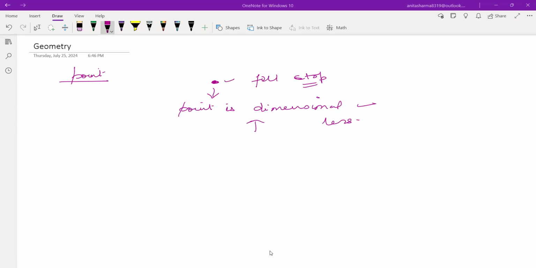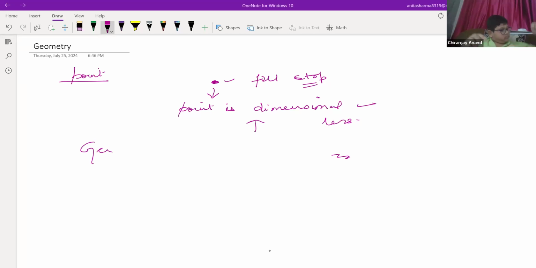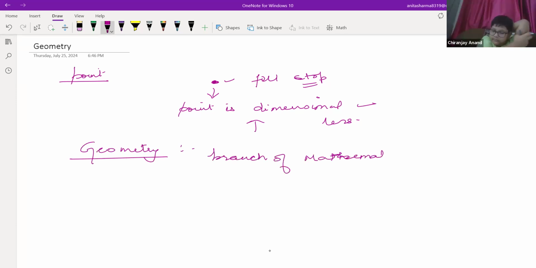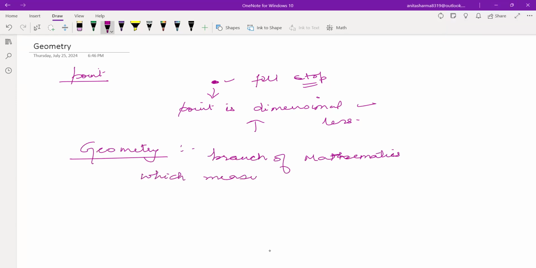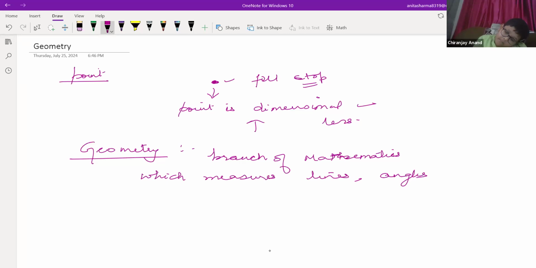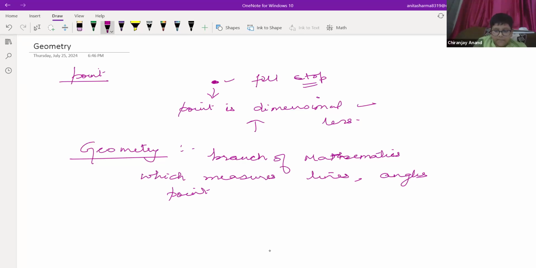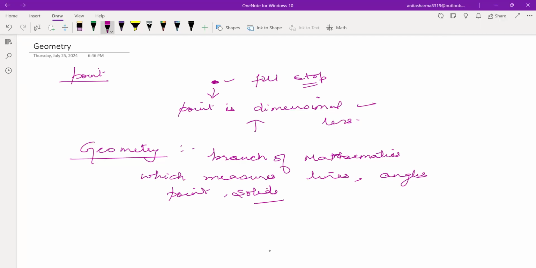Okay, so let's start. What is geometry? First of all, what we have studied. Geometry is a branch of mathematics which measures lines, angles, points, solids, and surfaces. Very good. So geometry is a branch of mathematics which measures